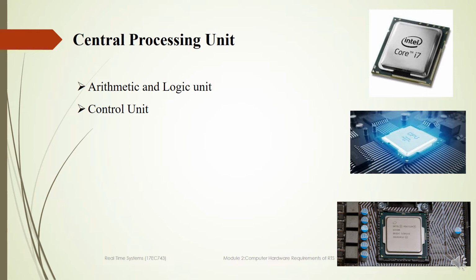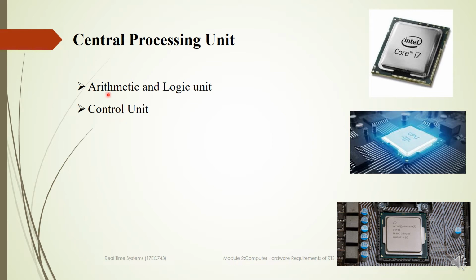The central processing unit is the one which performs all types of data processing operations. The CPU becomes very important in every computer. Like how a brain controls a body, the CPU sends all its controls to other parts of the computer. It basically stores data, intermediate results and instructions or a program. It has two sections. The first section is the arithmetic and logic unit, also called the ALU, and it has a control unit.